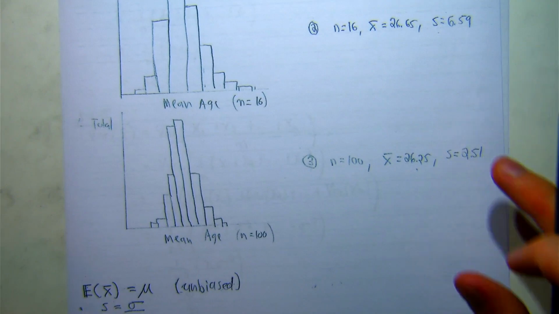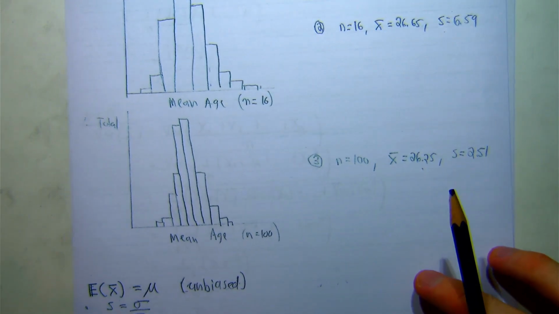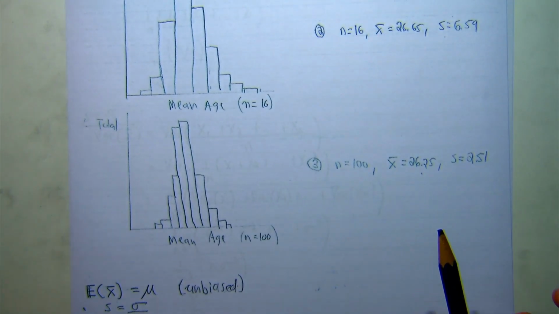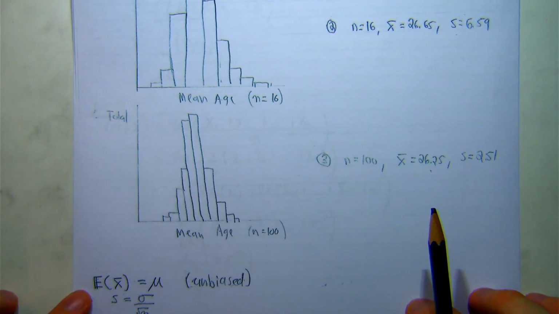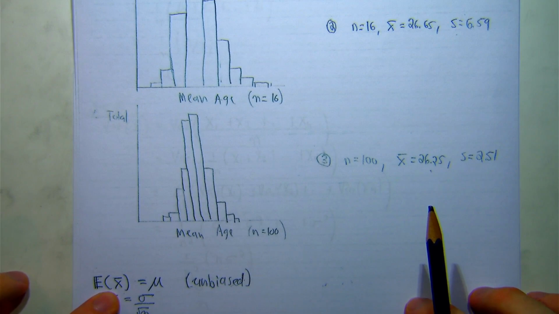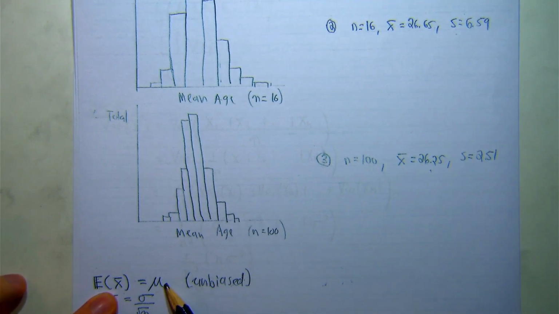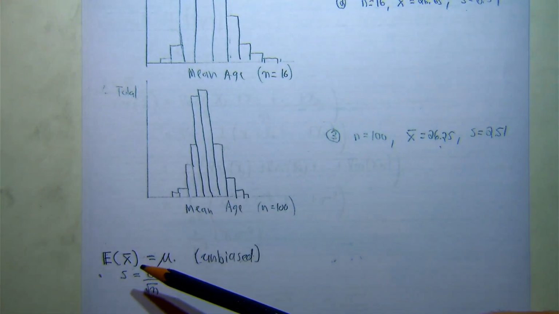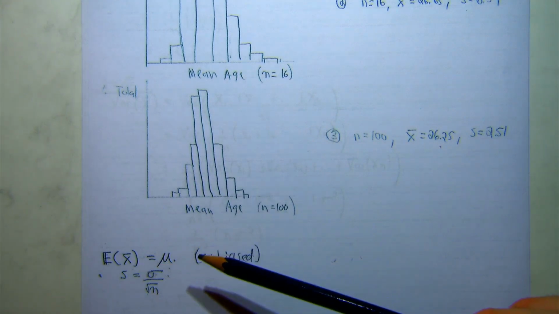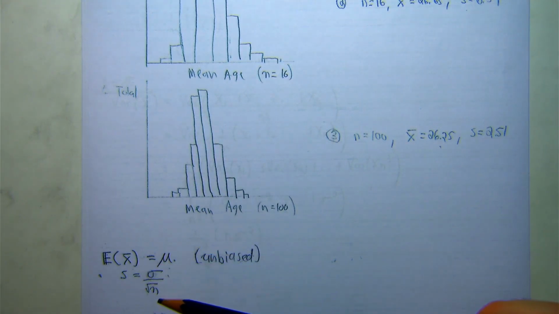And the overall trend that we have from our distribution of sample means is that the expected value of this distribution is the original mean, and that the standard deviation of this distribution is the standard deviation of the original distribution divided by the square root of n. So that makes the expected value of our sample means unbiased and a standard deviation limiting towards 0 as n